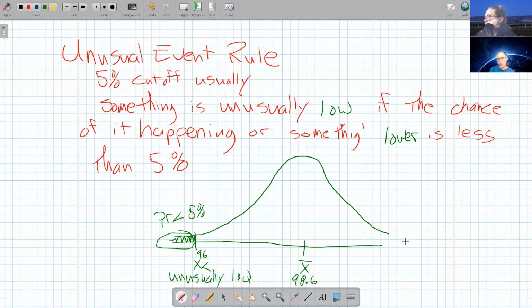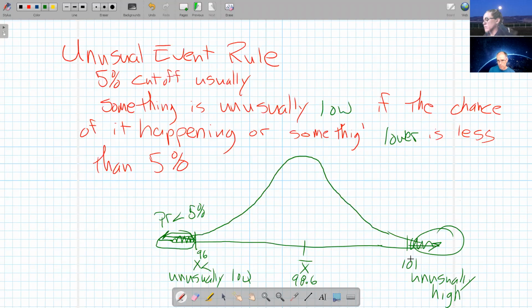Similarly, if we went out the other way and found somebody with a body temperature of like 101, that has like a 1% chance of somebody having that temperature or higher. It's got to be or higher on that side, or lower on that side, and we're going to use this idea more later. So this would be unusually high. And again, the test for whether something is unusually high or unusually low is if this group out here, and you can't measure the probability of a single number happening, it's got to be a group,